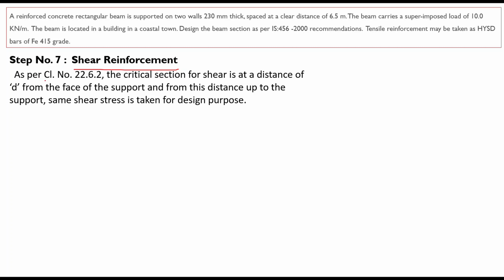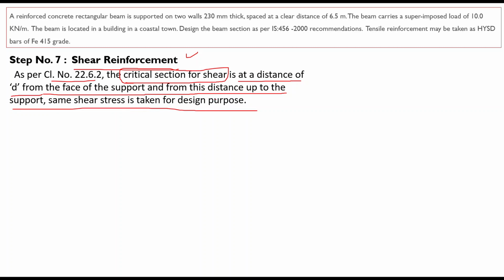So when you refer to clause number 22.6.2, where it is mentioned that critical section for shear, that means where you have to find out the shear requirement, shear stress. So what will be the shear stress at a section which is termed as critical section? The critical section for shear is at a distance of effective depth of the member from the face of the support, and from this distance up to the support we can consider that the shear stress is